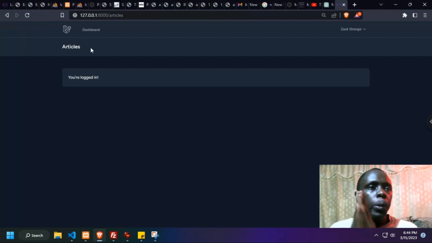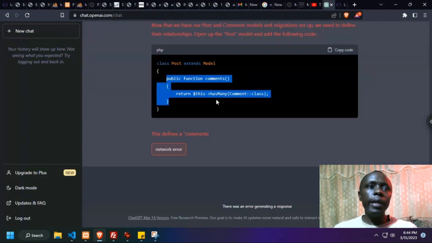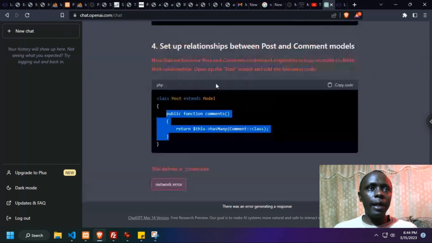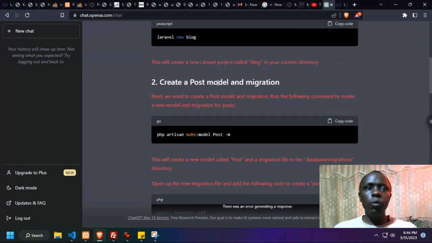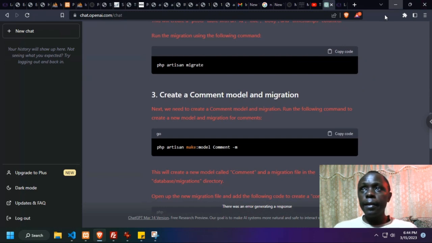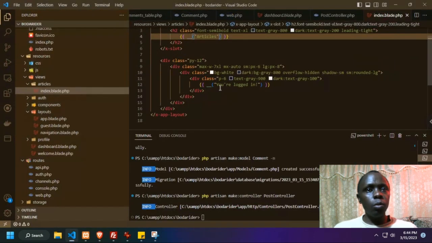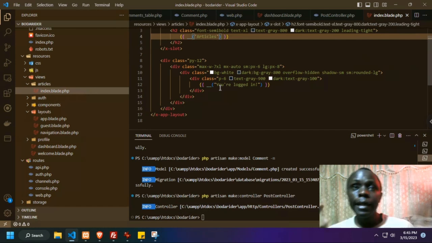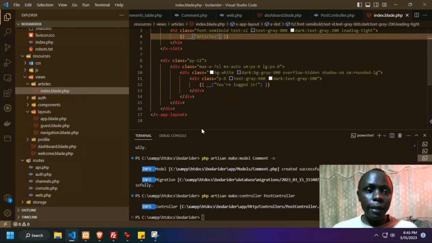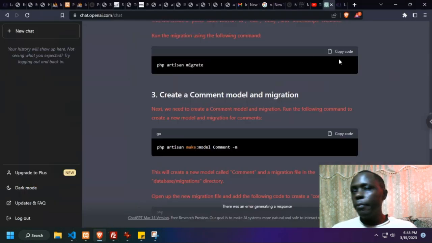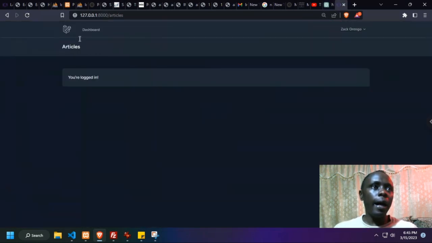So first and foremost, we are going to go back to ChatGPT. Remember, it told us that you can now add a view. Okay, basically now we need to create a view for it. And the way you're going to do it is you're going to create a table. So basically, if we are going to use CRUD functions, remember, CRUD functions is the create, read, update, delete. So we are going to add a table here. We're going to add a table of posts. Okay, remember we have the table for posts. So basically we already have our articles,